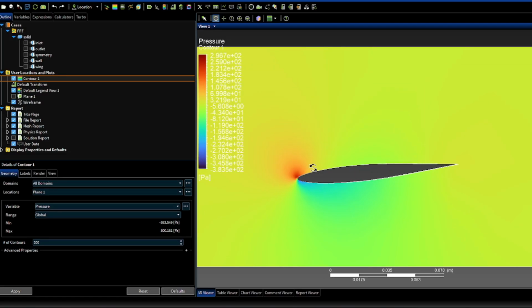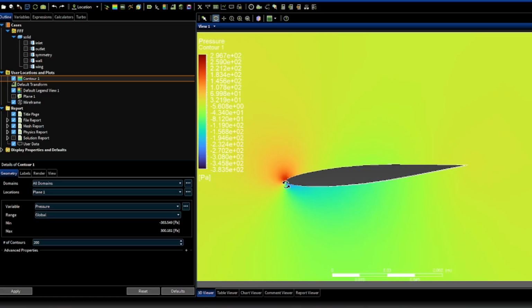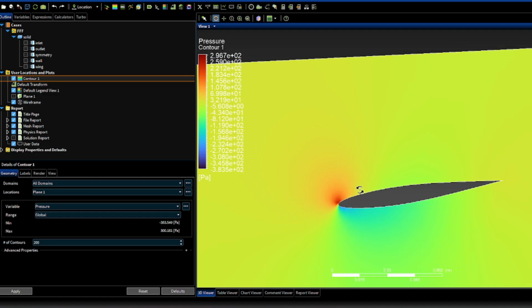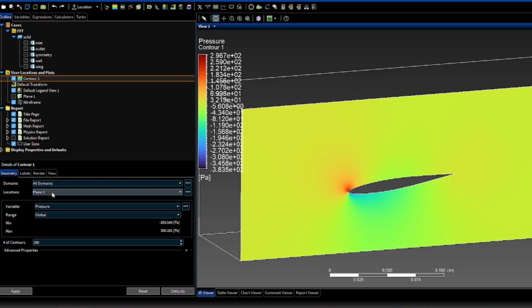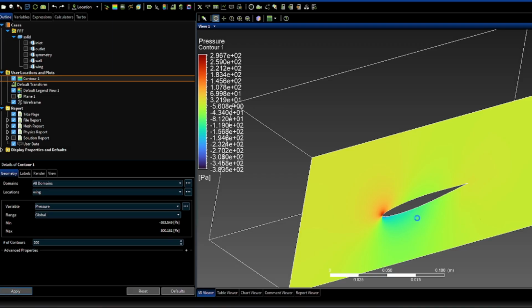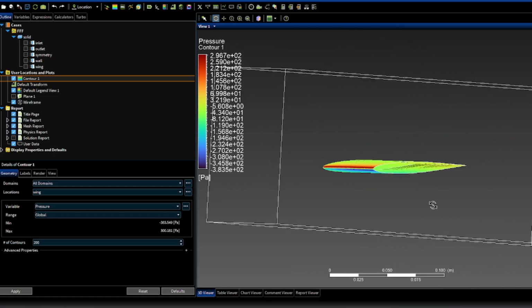In this case, the biggest point of pressure is on the angle of start of the wing, and this is a low pressure place of the wing. Now we are gonna see the streamlines where the air passes through the wing. Before using the streamlines, you can also put this pressure on the wing instead of the plane one. On the wing you apply it, and the contour of the pressure will apply to all the wing. So here you can see